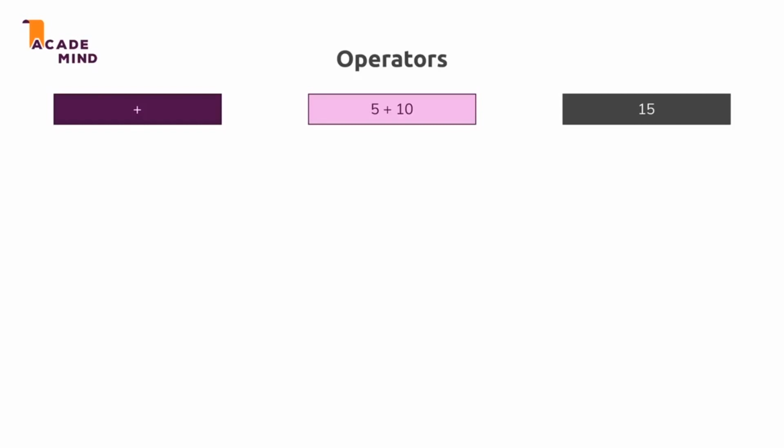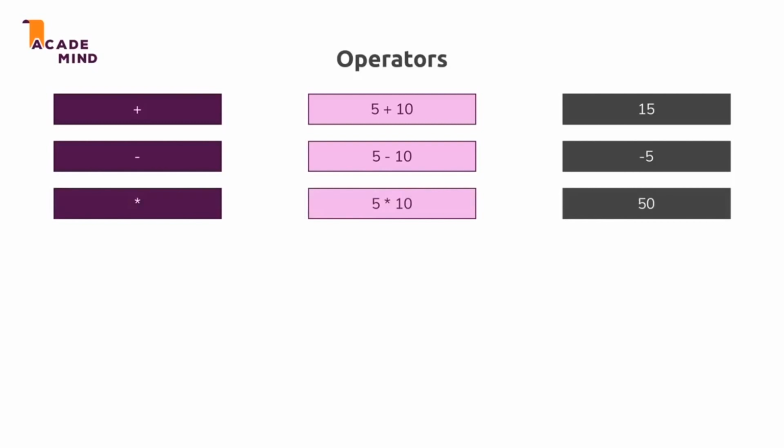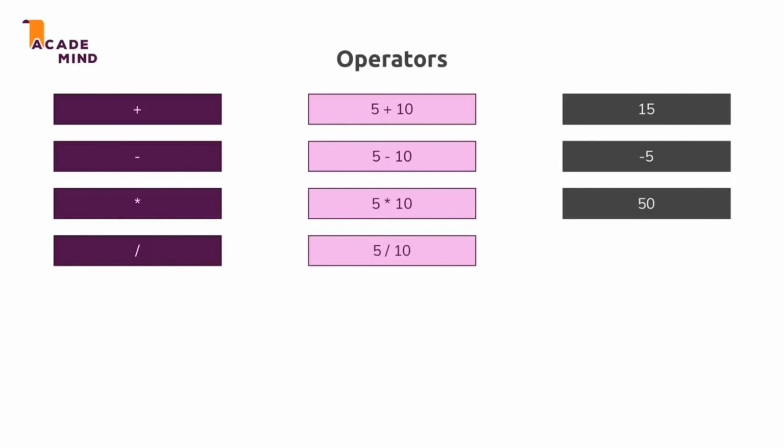Now, of course, Python has more than the addition operator. We can also do subtractions, for example. We can simply take two numbers and subtract them from each other. Now, of course, we're not limited to that. We can do all the basic arithmetic, so we can also multiply numbers. We can also divide numbers, like this. And here the important part just is, note that we're dividing two integers, 5 and 10, but the result by default actually is a float. So Python does not give us an integer, something like 0 maybe, because it cuts off the decimal place, but it does the conversion to a float for us and gives us that float result.